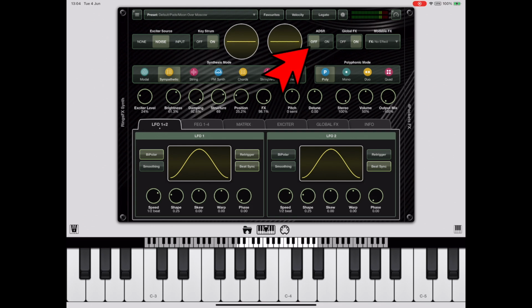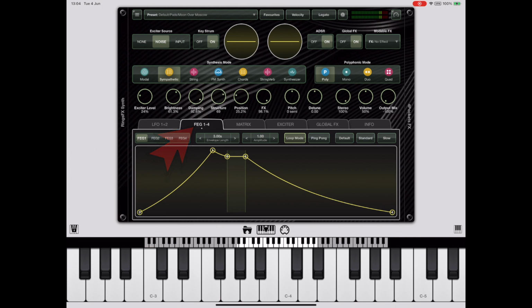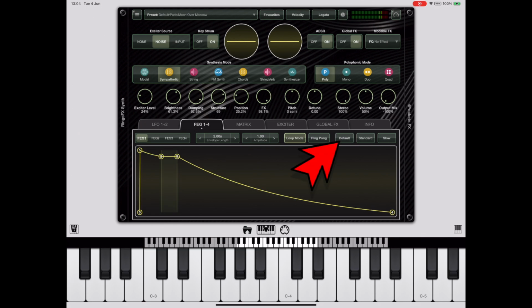Now I'm going to enable the ADSR again and click on the FEG tab. Now this reveals one of 4 fluid envelope generators, and we're currently looking at envelope generator 1, which is basically the ADSR envelope. Now if I press the default button to the right here, you'll see that we get a